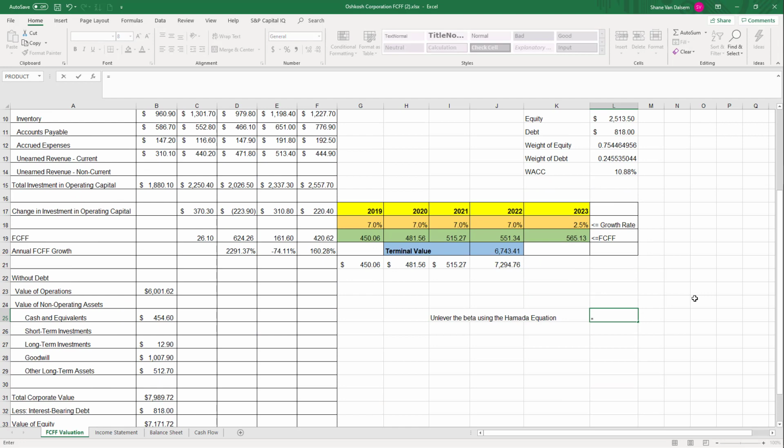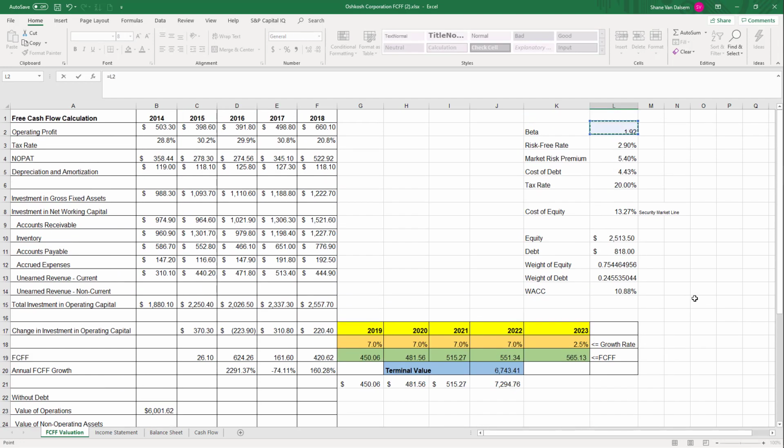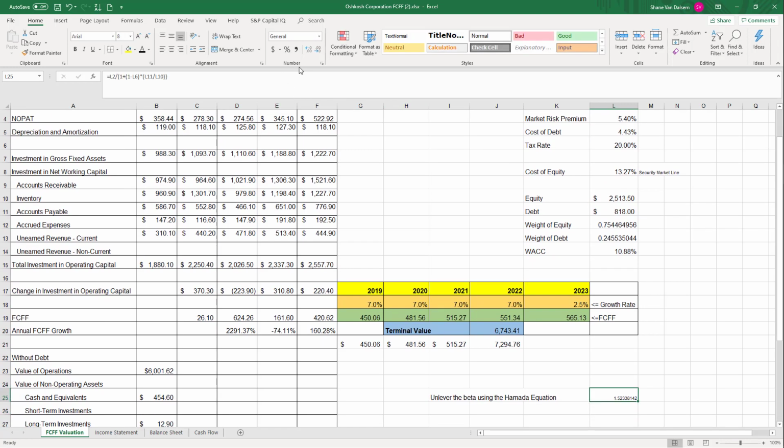We're going to unlever that by taking the beta divided by, and then in parentheses, 1 plus, and you can see me typing it in up here, 1 plus, another parentheses, 1 minus the tax rate multiplied by the debt to equity ratio. So we're going to take the amount of debt divided by the amount of equity, or you can also take the weight of debt divided by the weight of equity. It's going to give you the same answer on here. And we get a new beta